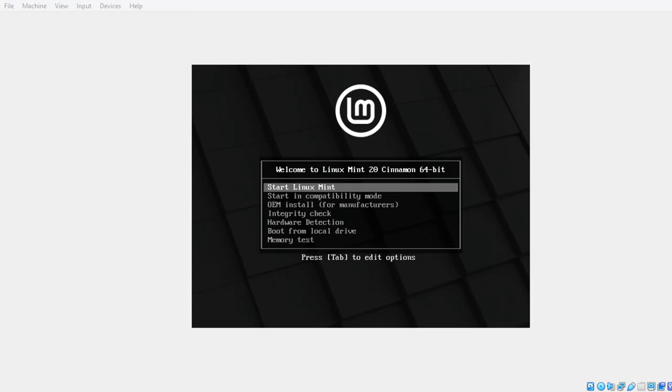Now officially, Linux Mint comes in 3 different variations using 3 different desktop environments. If you don't know what a desktop environment or DE is, it is basically the look and feel of the operating system. The 3 desktop environments offered by Mint are Cinnamon, XFCE and Mate. But generally the Cinnamon desktop is the preferred one for Mint